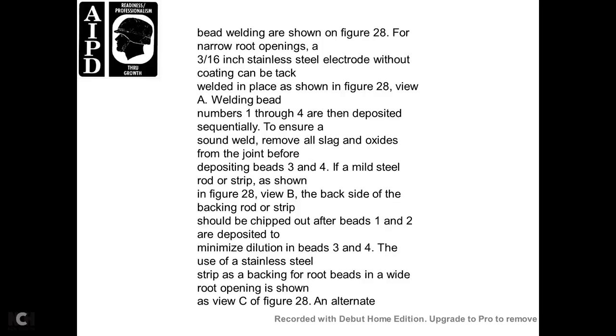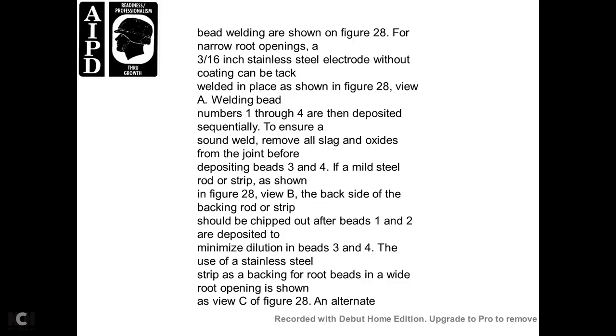Weld beads numbers 1 through 4 are deposited equally, ensuring a sound weld. Remove all the slag and oxides from the joint before depositing beads 3 and 4. Mild steel strips are used as shown in figure 28, view B, the backside of the backing strip. The strip should be chipped out after beads 1 and 2 are deposited, minimizing dilution on beads 3